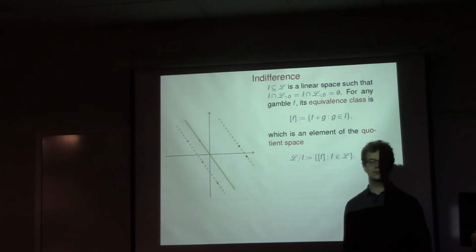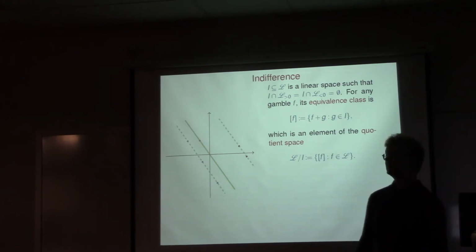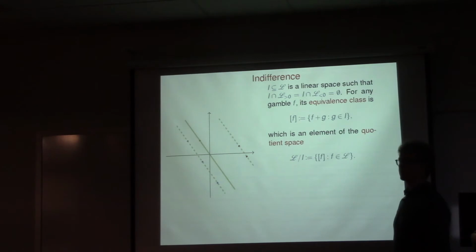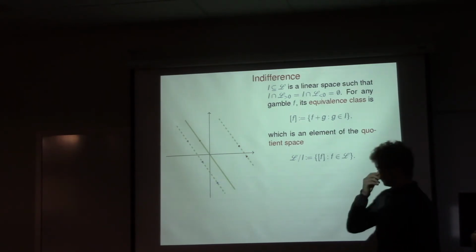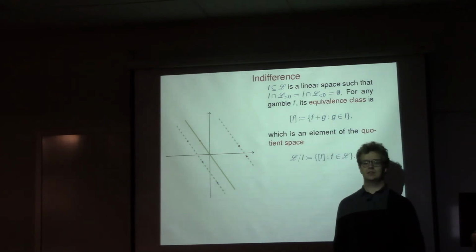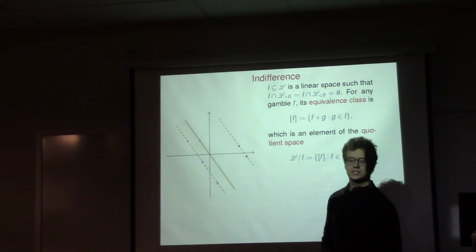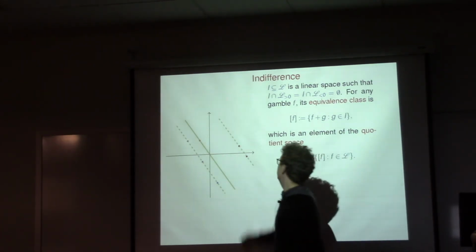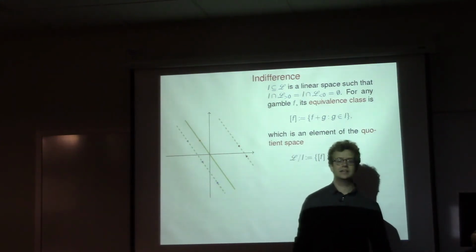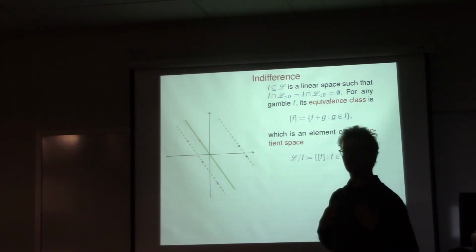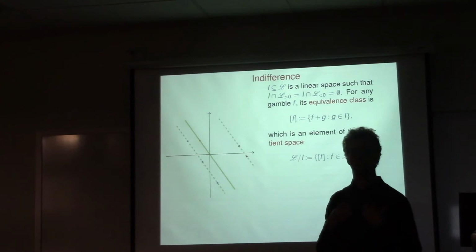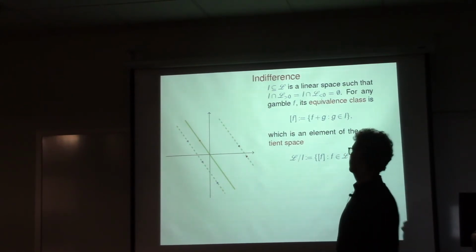I want to reconcile it with indifference. So imagine that we start with a set. Indifference is a structural assessment which I want to reconcile with choice functions. Imagine that we have a set I, and set I is the set of gambles that I think are equivalent to 0 to me.